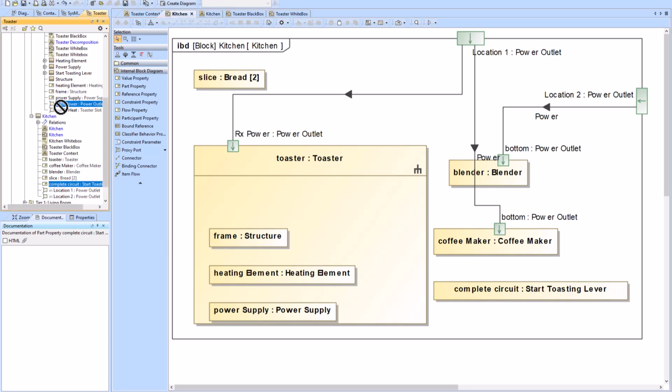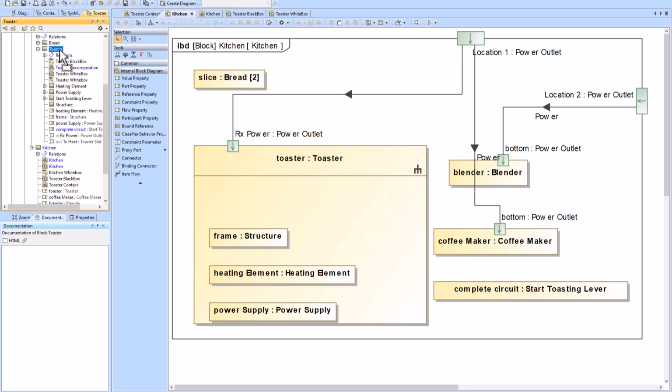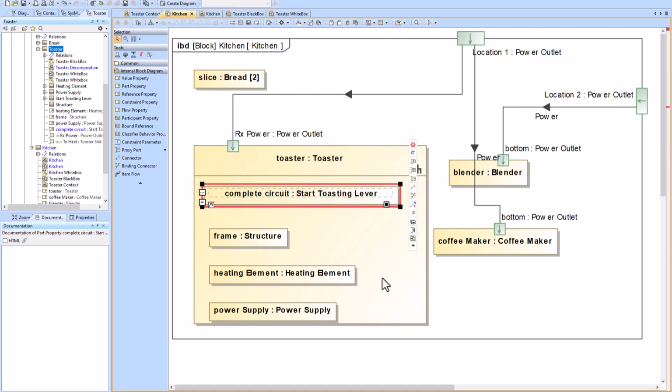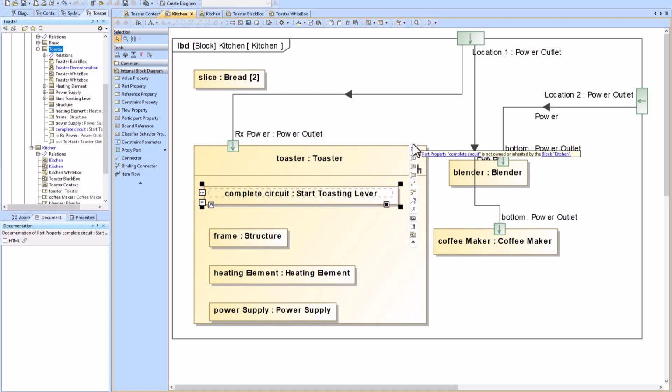So if I drag this back over here to toaster, what's going to happen is it's going to turn red. It's because it's being shown incorrectly. The part property complete circuit is not owned or inherited by the block kitchen. So you can either delete it here or just move it back to here, and now it will stop being represented with the red